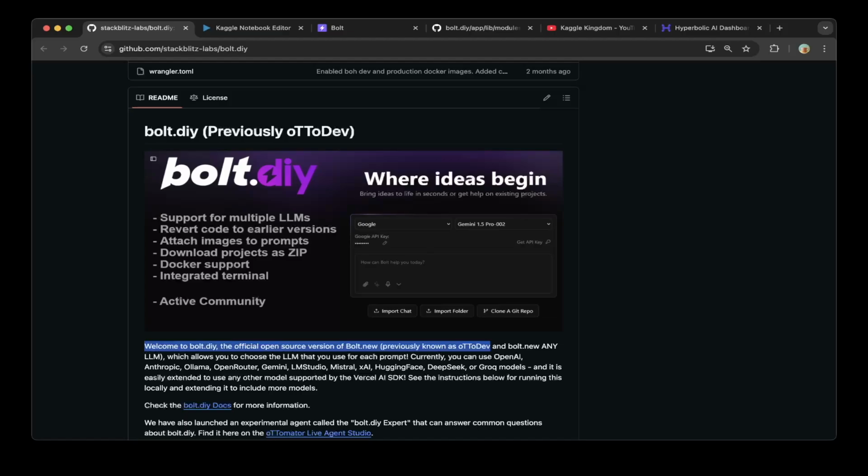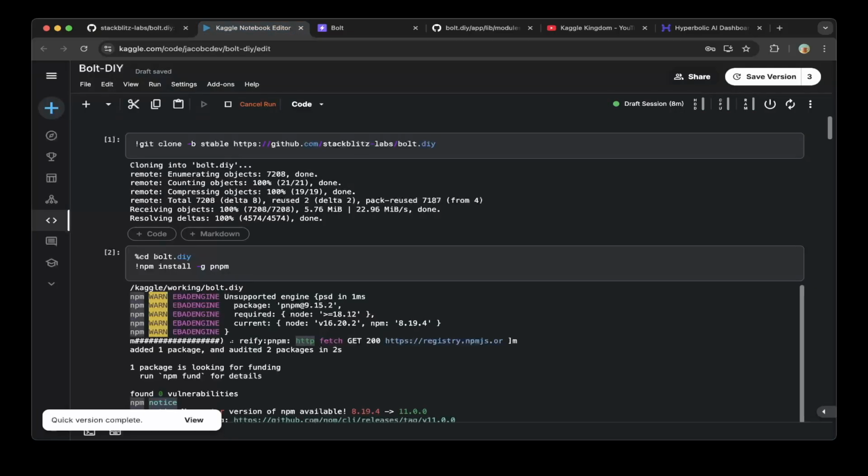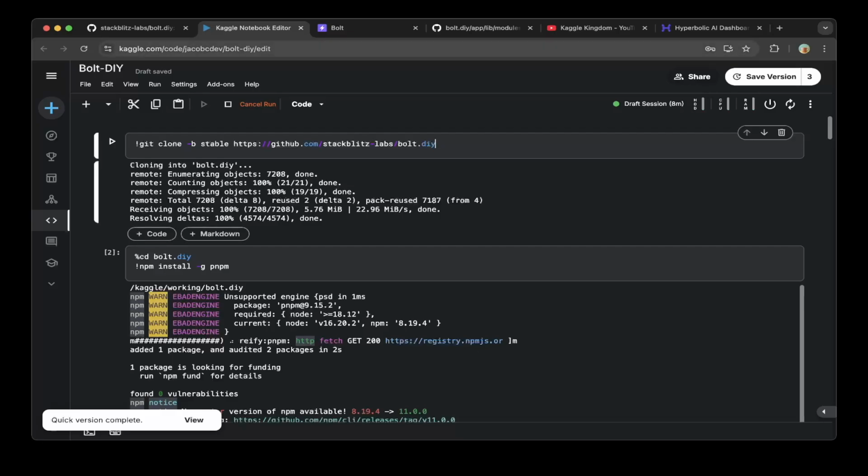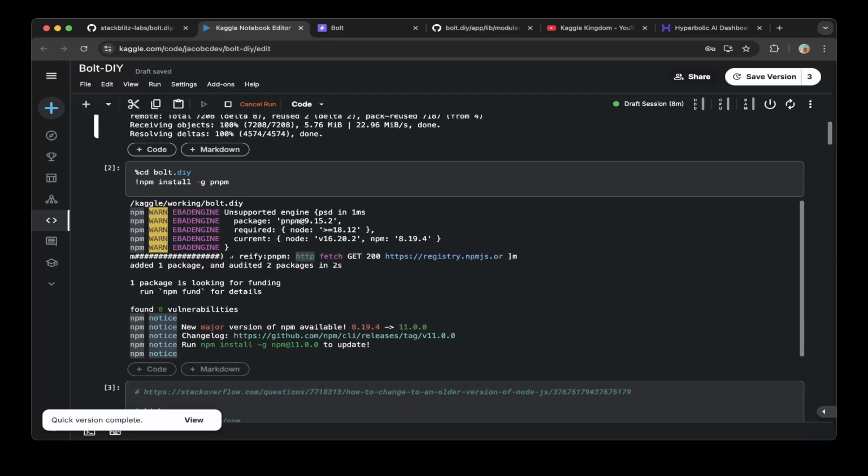So in this tutorial, we're going to demo everything on Kaggle. And so first, create a notebook on Kaggle. If you don't have a Kaggle.com account, it's free to register, so go ahead and register. So here's the notebook we created. It's Bolt.DIY. So first, you clone this repo, Stackblitz labs Bolt.DIY, and then make sure you go to this directory,